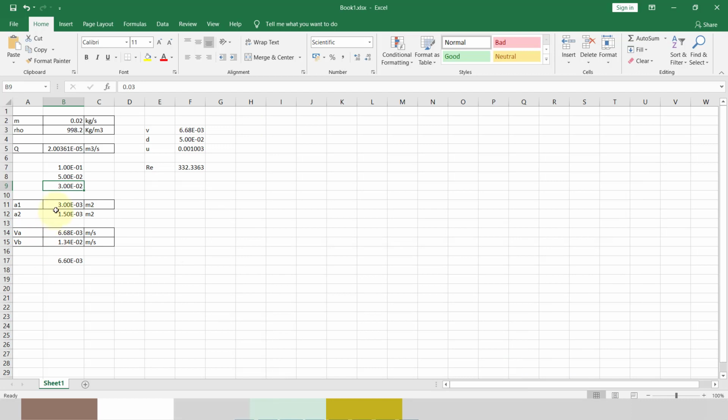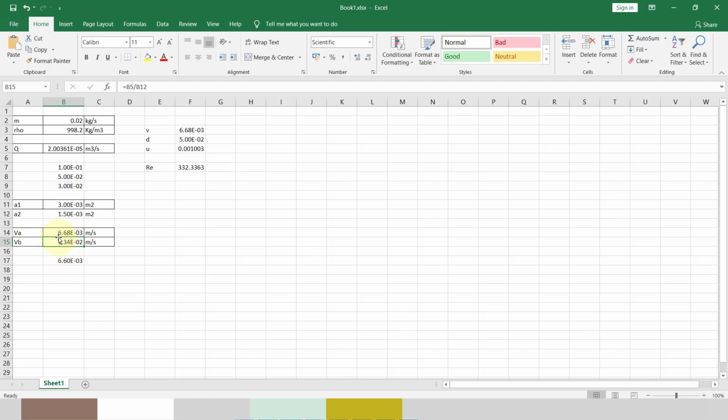So I determined my area 1, which is 30 multiplied by 100, and area 2 is 50 multiplied by 30. So I got my VA as Q divided by A1, and VB is equal to Q divided by area 2. So I got 6.68 and 1.34.